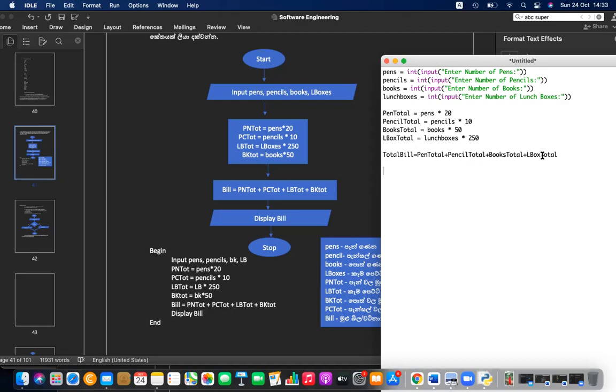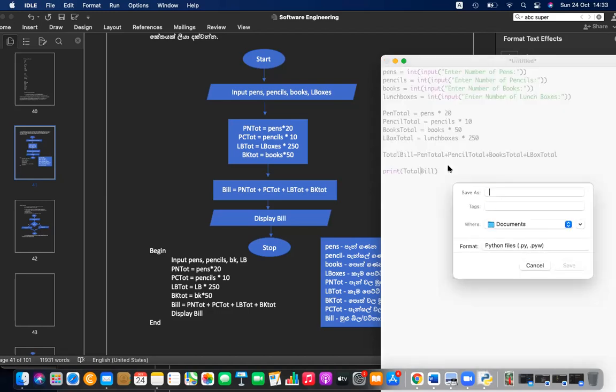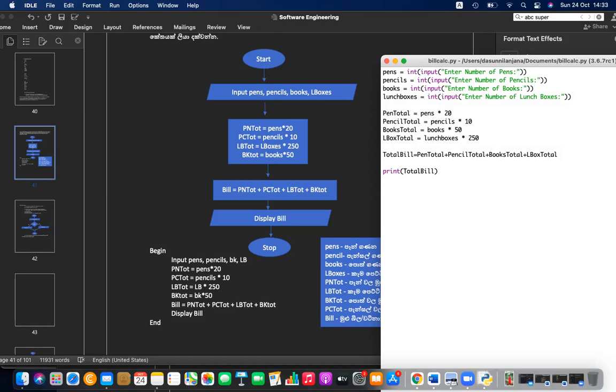Finally, you can display or print total bill. Print total bill. Okay, let's save this. Bill calculation dot py, and let me run this. Run module.